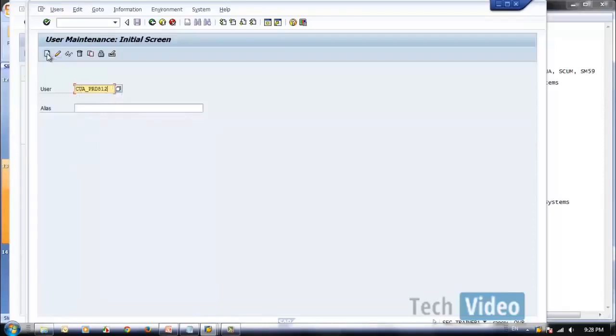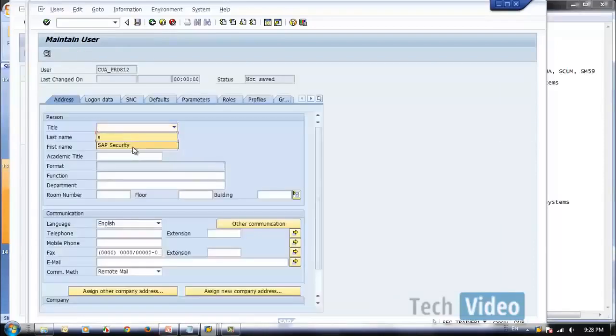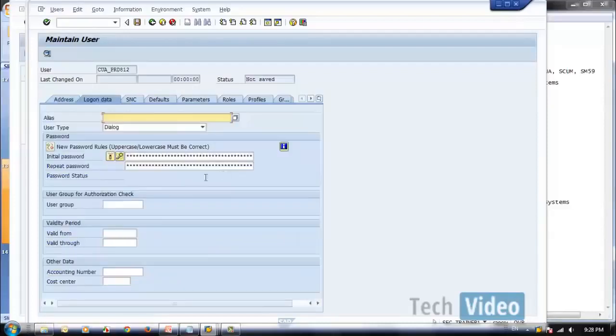This is a user, SAP security CUA system user. Let me put a password. Save.